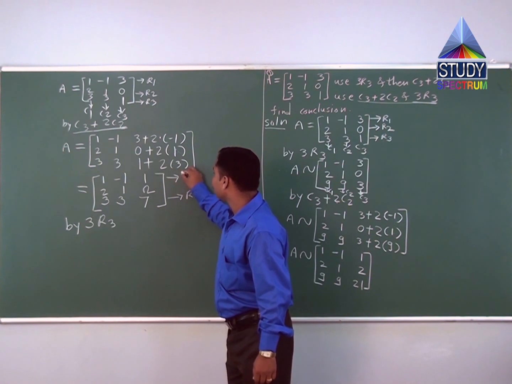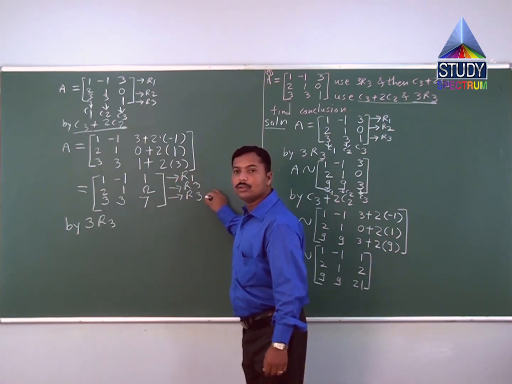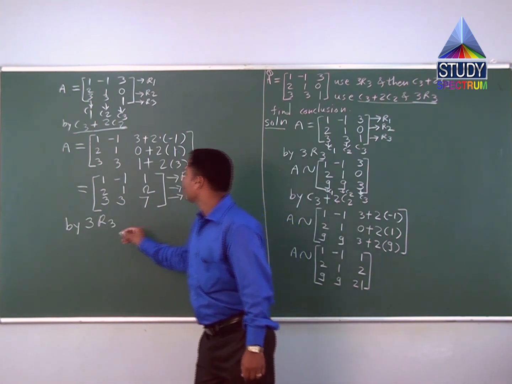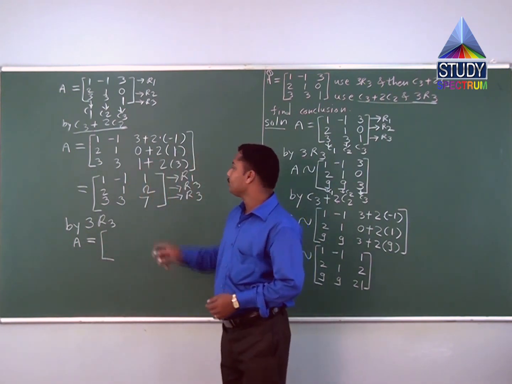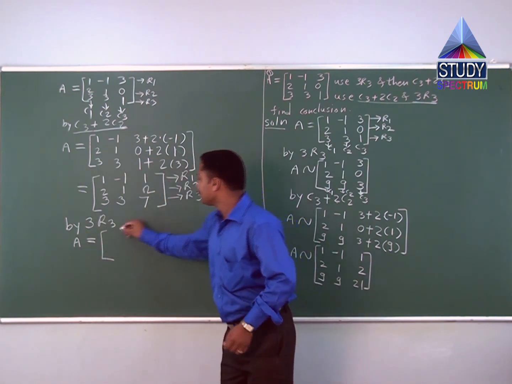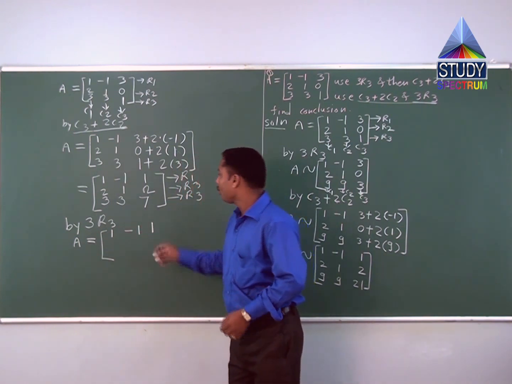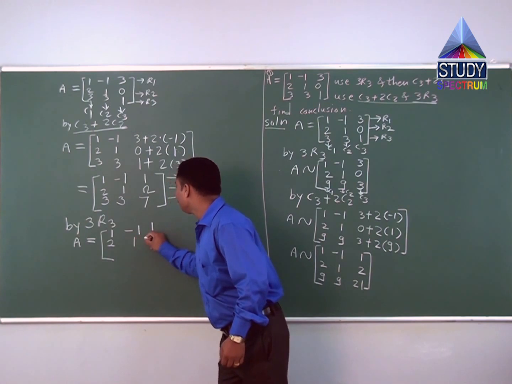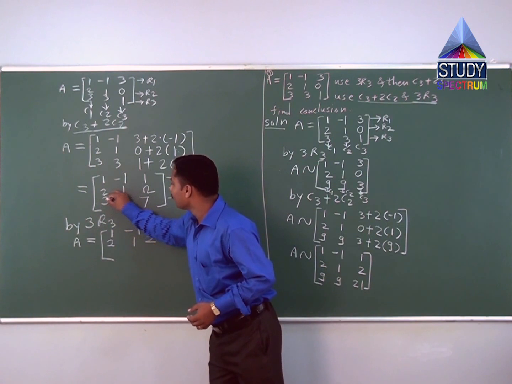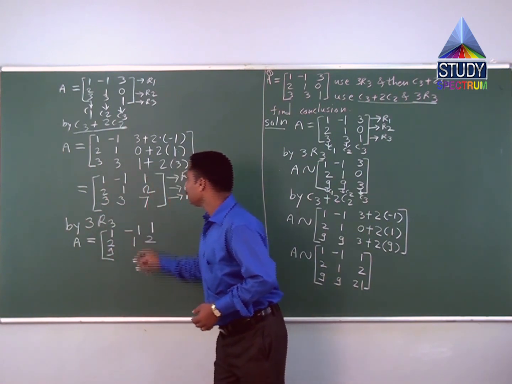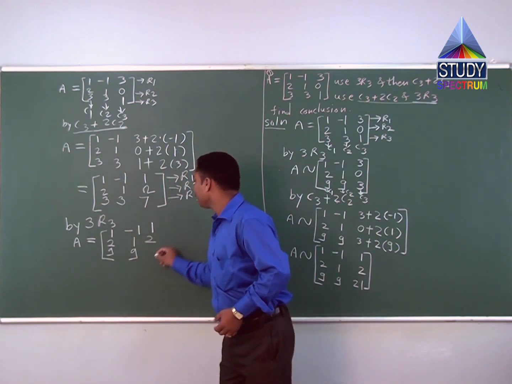This is the first row R1, second row R2, and last the third row R3. So A equal to again, 3R3 means first two rows as it is. So 1, first row 1 minus 1, second row 2, 1, 2, and last third row 3 into R3: 3 into 3, 9, 3 into 3, 9, and 3 into 7,